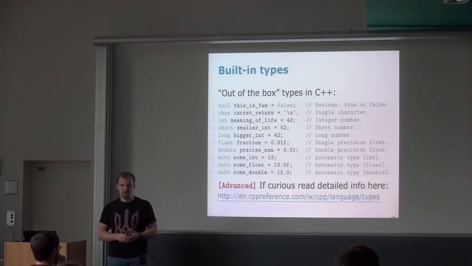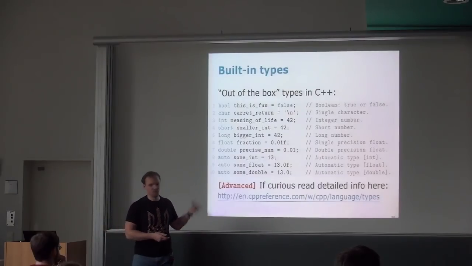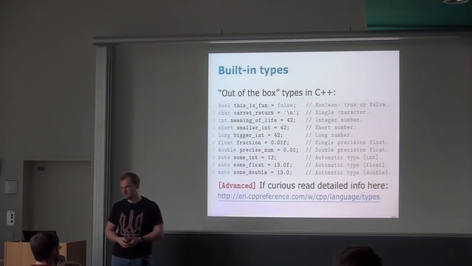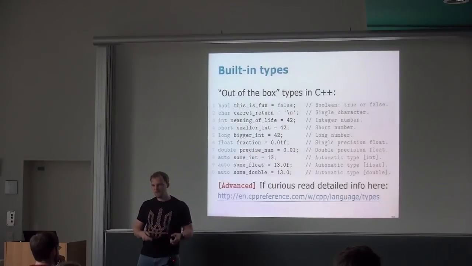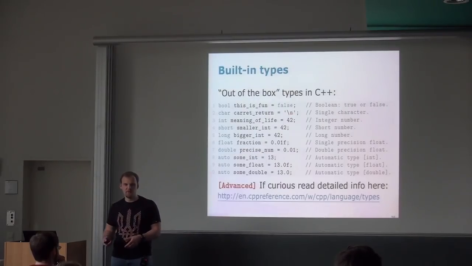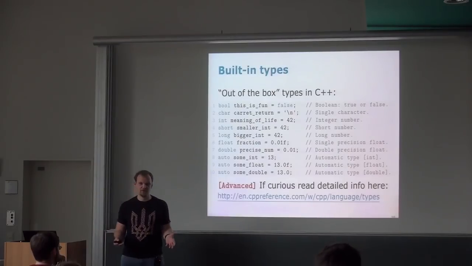until the OpenCV part, it's going to be enough to just use the typical Boolean, integer, float, and so on. Also, there are floating point numbers, meaning they're fractions. It's a float and double. We will dig deeper into how they're represented in memory, but not now. For now, you just have to remember that they're just floating point types.